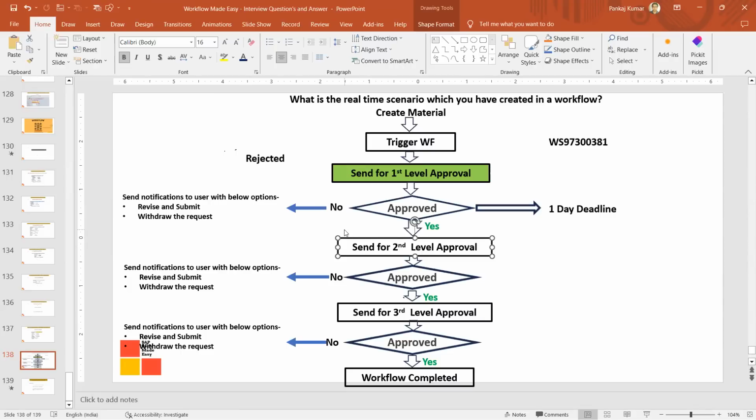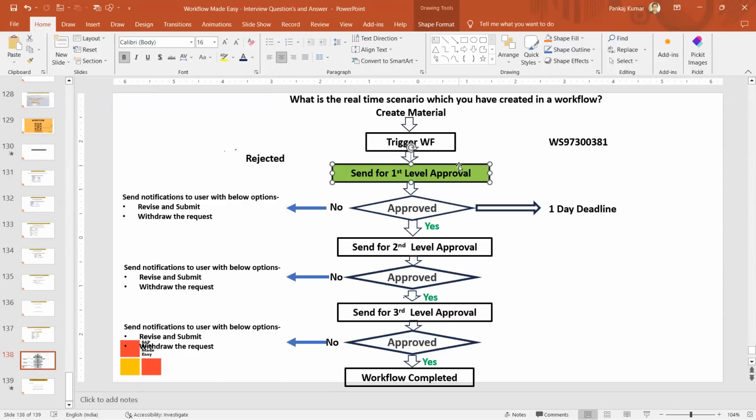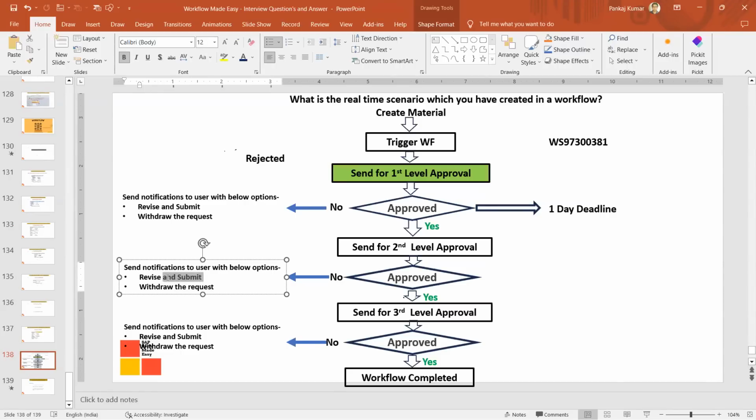Or in case he is going to reject, right? Then in that case, again, it will go to the first level approver. Means in case of reject, it will go to the user, and it will ask to revise and submit the material, or withdraw the request. Withdraw means delete the material request. So if the user again changes the material and submits, then again the workflow will start from the first level approval,